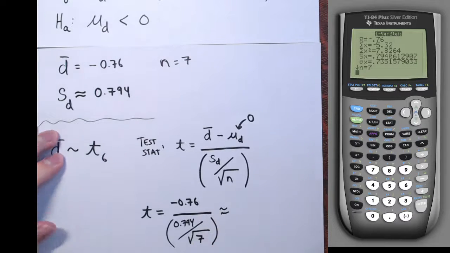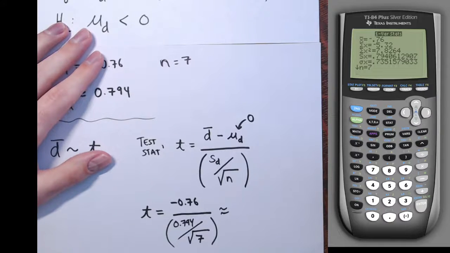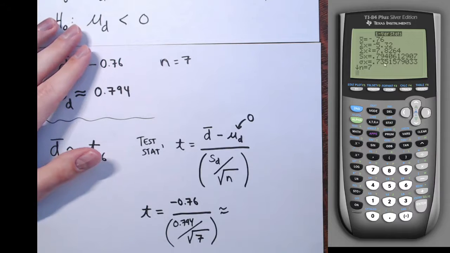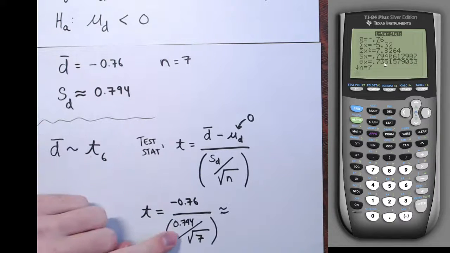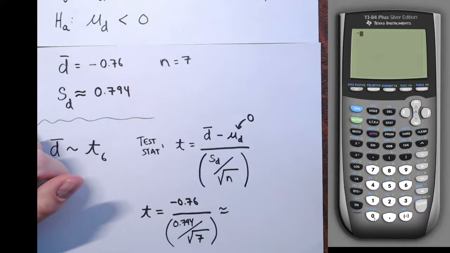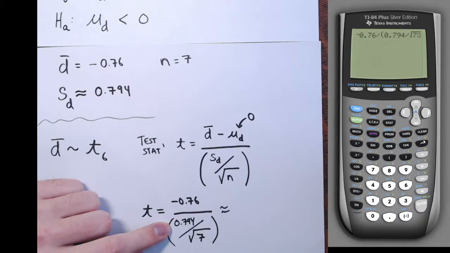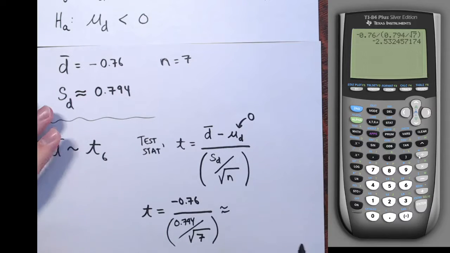All right, and I'll round this to, now they ask us to round to the nearest hundredth for the test statistic. So I'll show you actually a couple ways of doing this. This is the rounded version, where I can take negative 0.76 divided by, and then in parentheses, our standard deviation, rounded to 3 decimal places here is 0.794, divided by the square root of 7. All right. So our test statistic is approximately negative